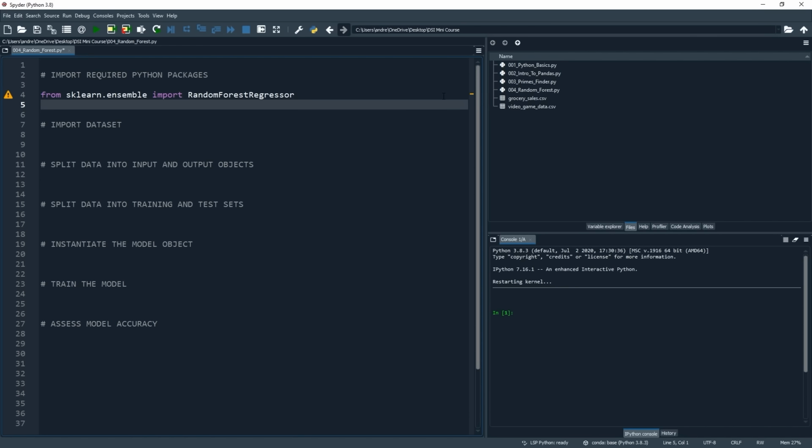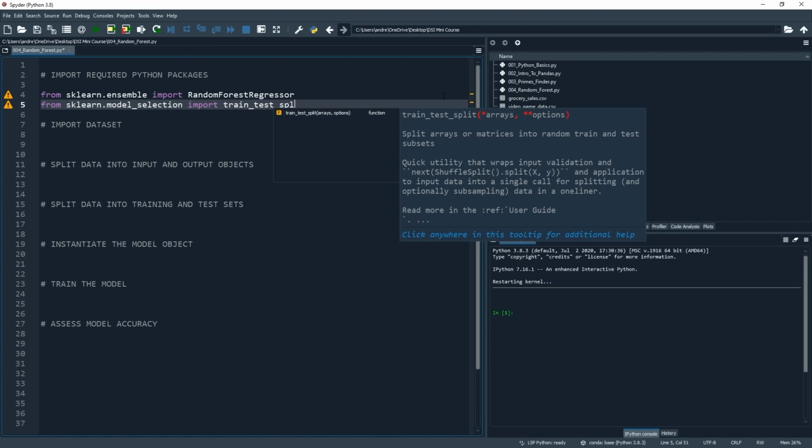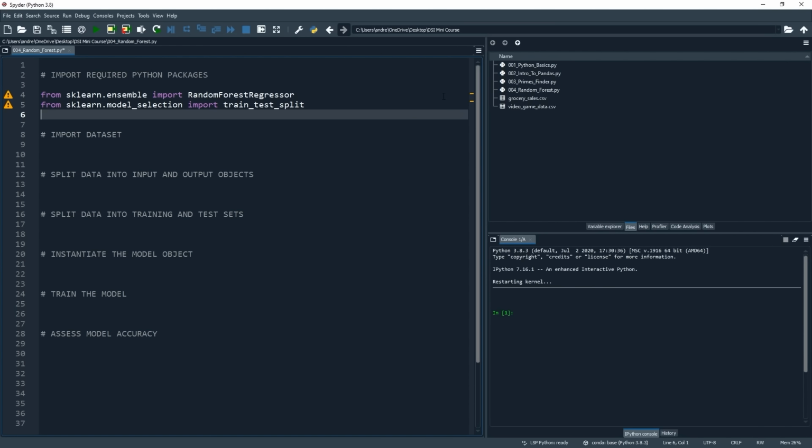Then, down on the next line, let's import the functionality that we need for a simple test-train split, where we split out all of our data into a training set for which we will get the model to learn the rules and relationships between the input variables and our output variable, and then a test set which the model will not see in the training phase, meaning that we can get a good understanding of how well those rules work when applied to new data. Scikit-learn has all of this covered for us, so from sklearn.model_selection import train_test_split.